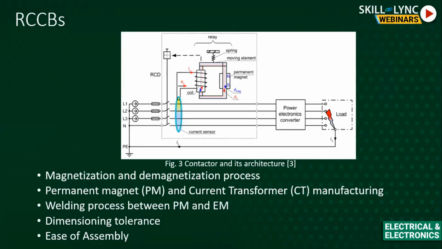So how does it do leakage protection? There is a current sensor, and all three phases and neutral are being passed through that current sensor. The current sensor is a core balance current transformer, a CT. If there is a leakage in the system, the neutral current and the summation of the three phase currents will not be the same. Whatever current is going, the return current will have some difference. So the resultant current in these 4 wires will generate voltage in the secondary of this current sensor.